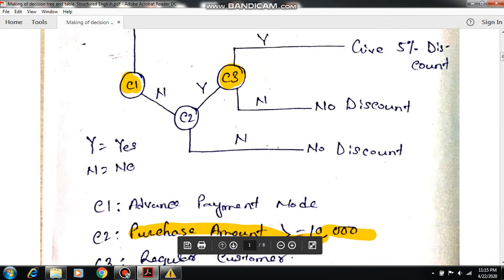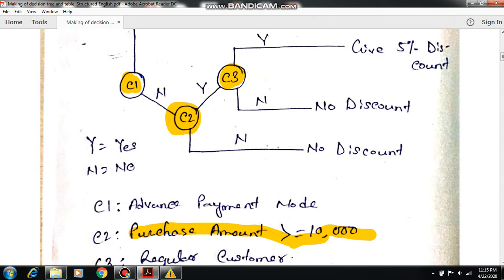So first we are checking the C2 condition. When the C2 condition arises, there are two nodes, two conditions: one for yes, one for no. If it is no, that means the customer doesn't get any discount amount. If it is yes,